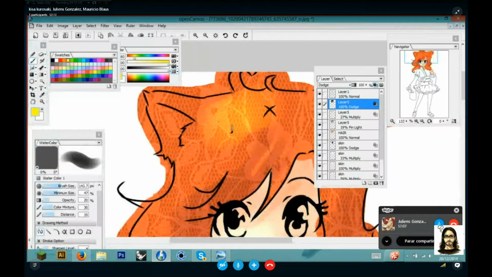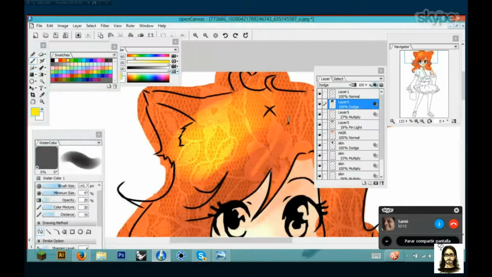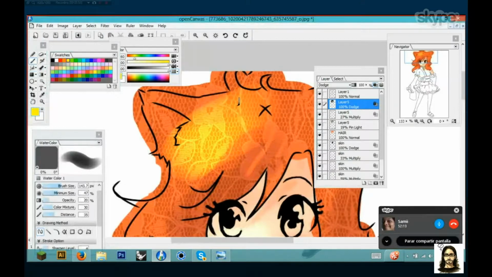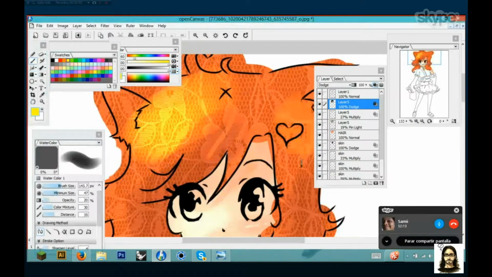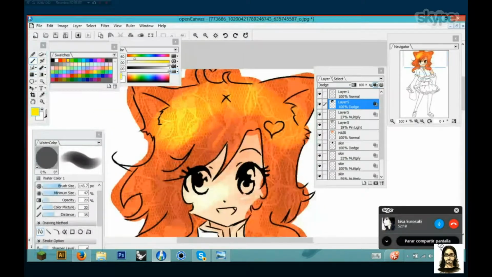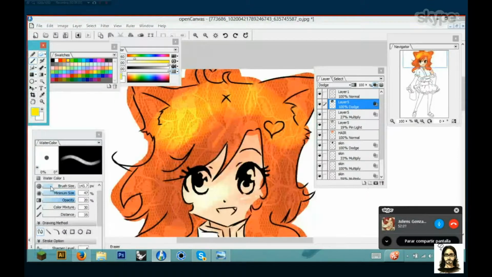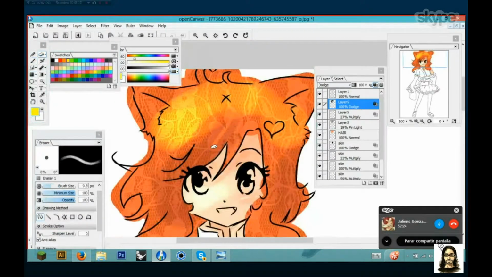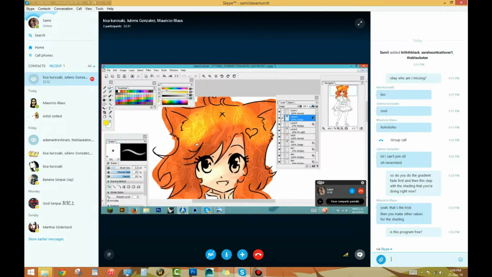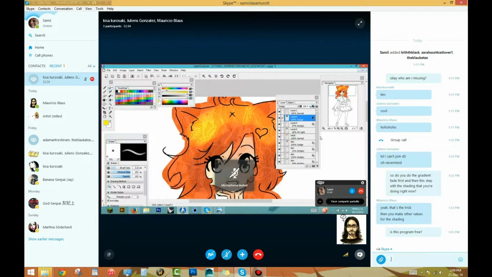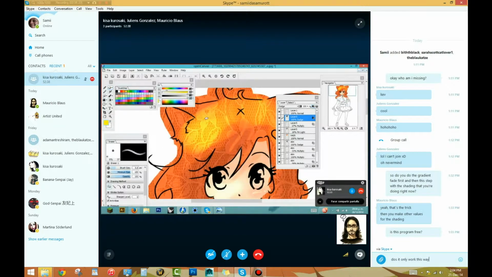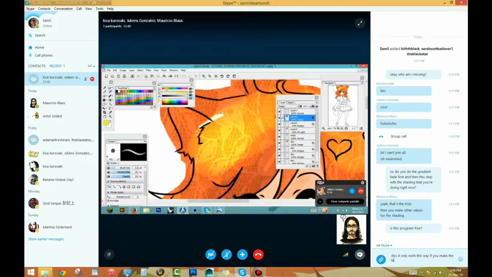If you see, the lighting could make a great perk for your drawings if you use the layers correctly. So you can also erase it. When we erase it, try to make sure